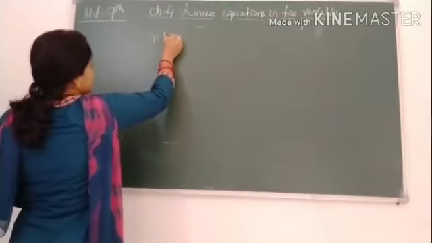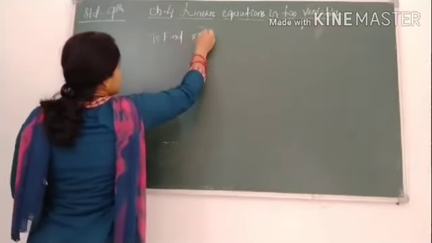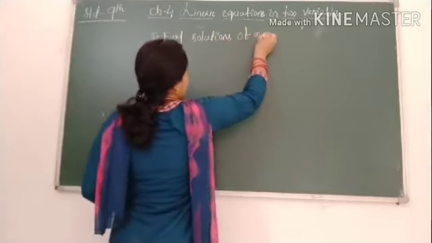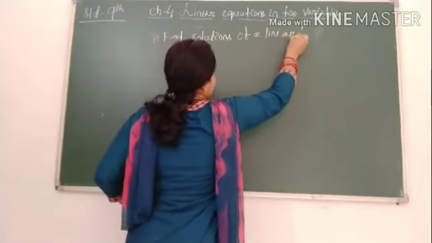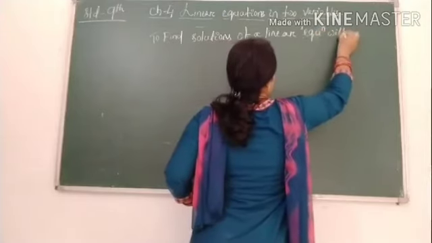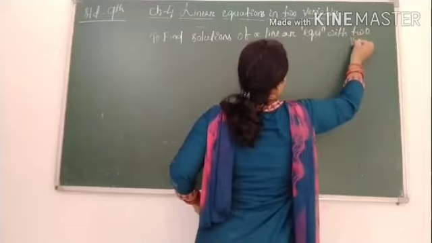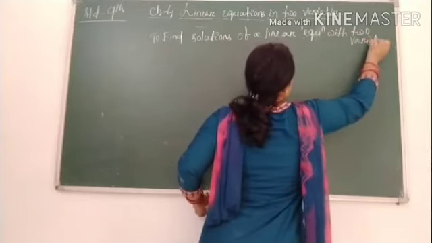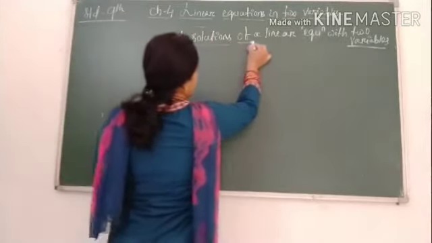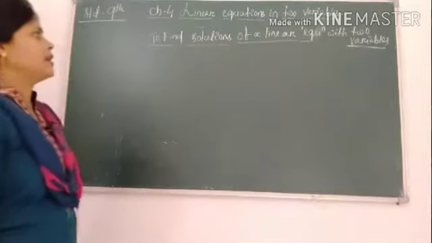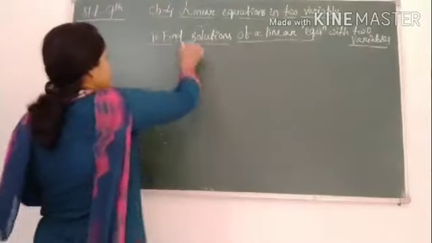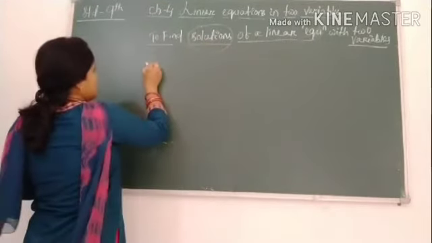Find solutions of a linear equation with two variables. Okay, so to find solution of a linear equation with two variables. So first, what do you mean by solution? So solution means